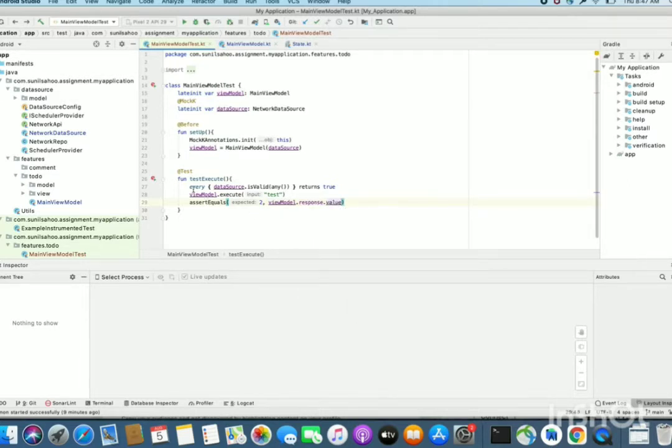Similarly, we need to verify against the error scenario. In the error scenario, the value should be false. Now write it. In case of invalid, the result would be false.